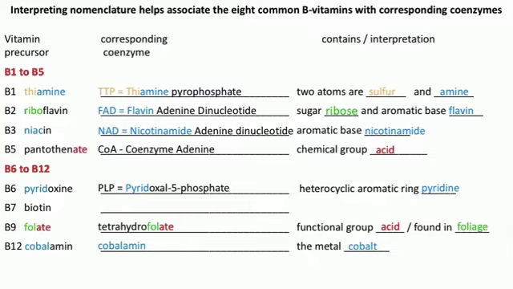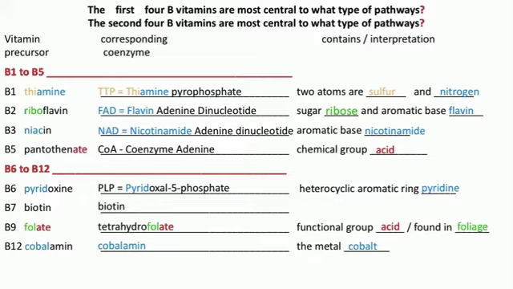Some of the other vitamins are healthy to have, but these are the 8 common ones. The numbering goes from 1 to 12. I'm going to focus mostly on the common nomenclature, like you'd see on a vitamin bottle or a patient might ask you about. Of the common 8 B vitamins, I like to divide them into 2 groups, the first 4 and then the second 4. Based upon what you know about FAD, NAD, biotin, folates, and all, can you categorize these